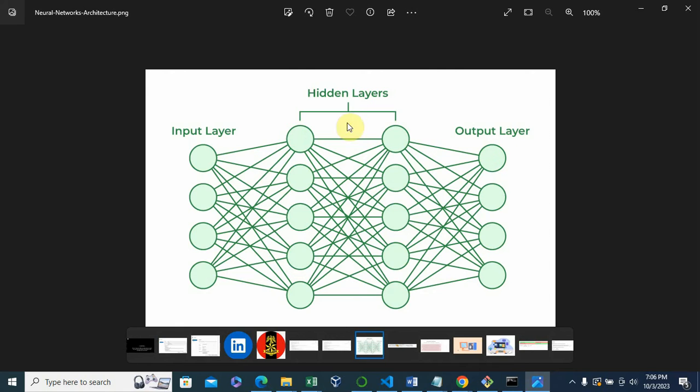Alright, so when you build your model, you first of all have the input layer where the data comes in. The data can be text, an image, or a video. Depending on what you're trying to process, all of them come into the system as a matrix.